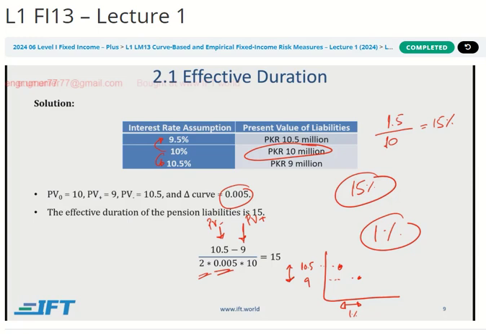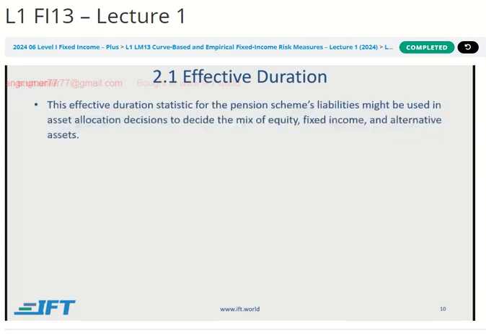So for a 1% change, you're seeing a 15% change in the value of your portfolio. And why is this important to know? Because if you know that with a 1% change in interest rate, your liability goes up by 15%,